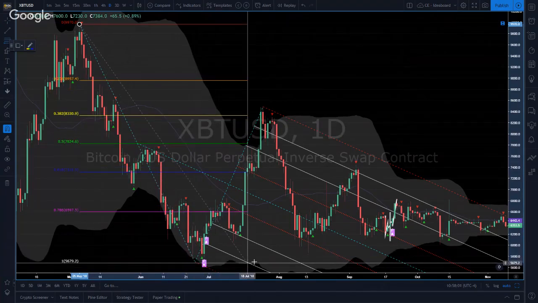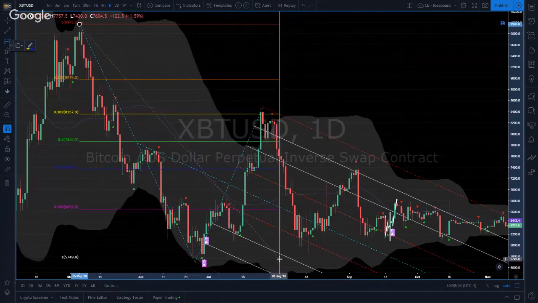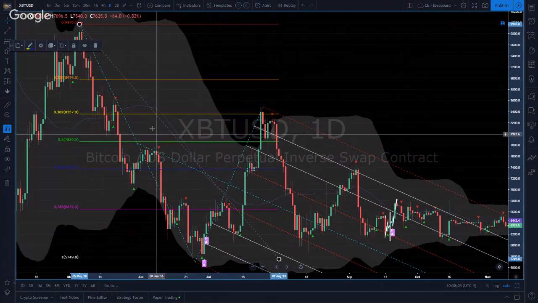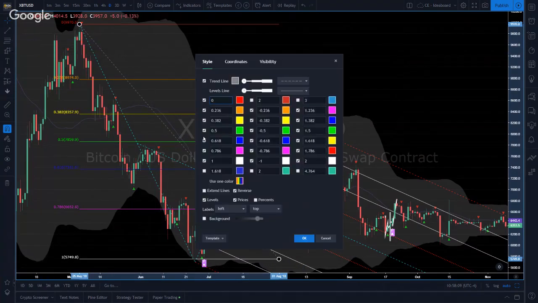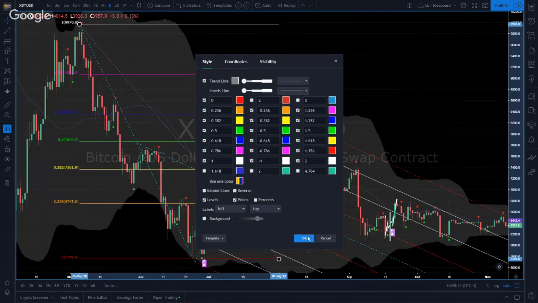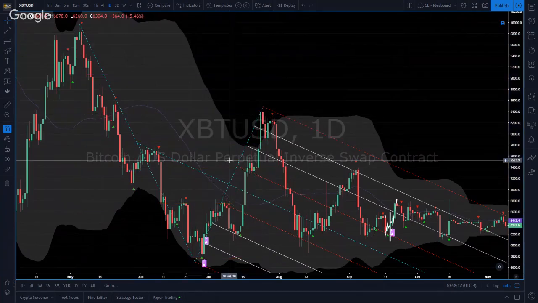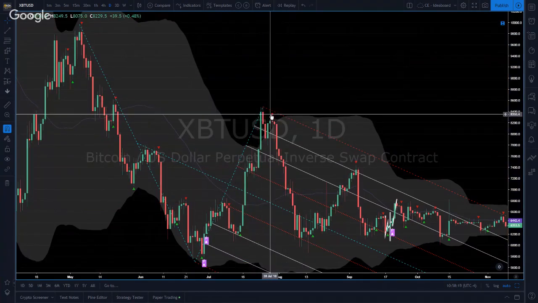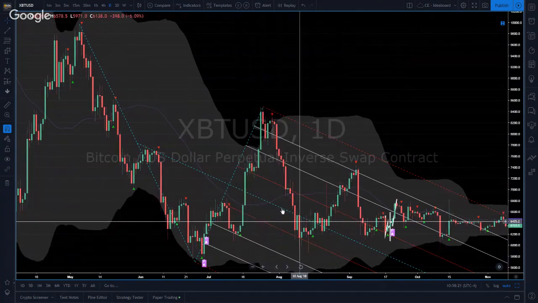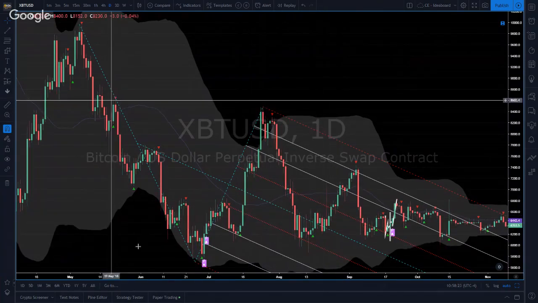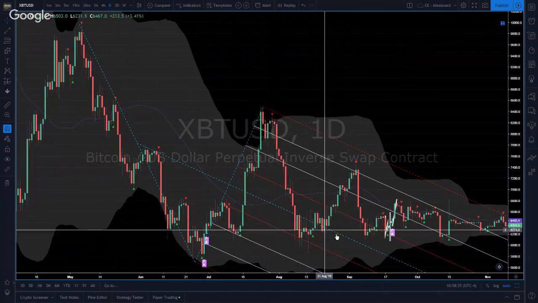But again, you can see here that we had our retest, and this is backwards. So let me just adjust that real quick here so we can see that that was, in fact, at the 618 that we had our rejection. So again, bearish rejection at the 618. It was a big rejection, right? It took us past the median. Of course, in a pitchfork like this, we do expect it to return to the median.